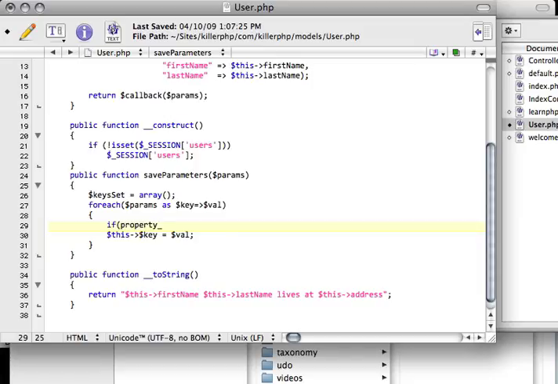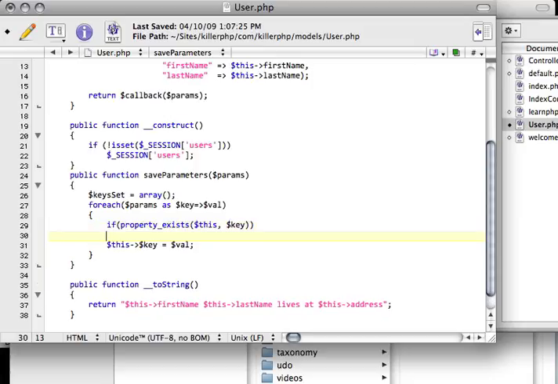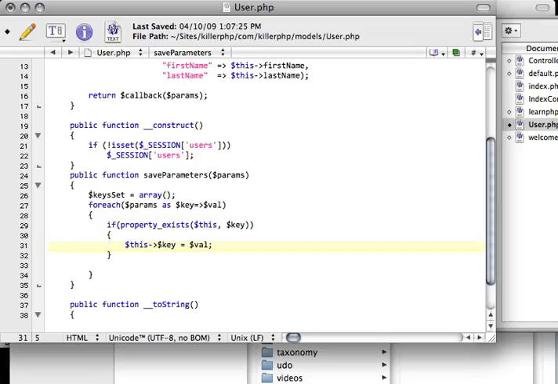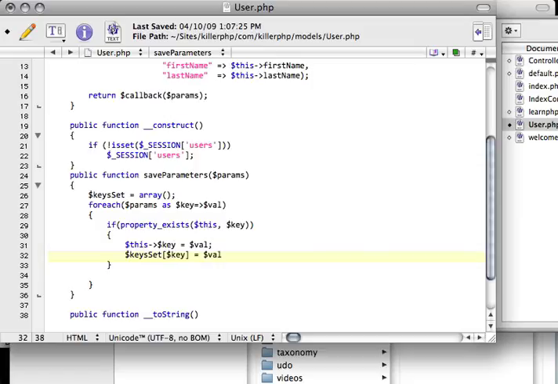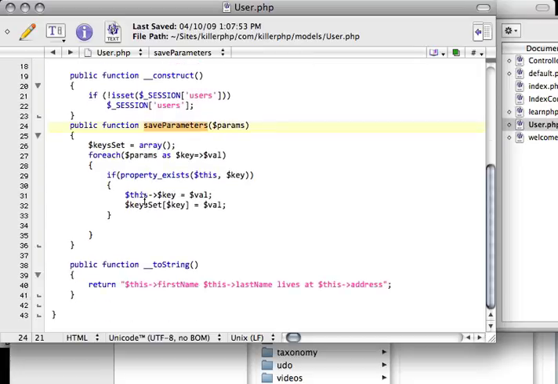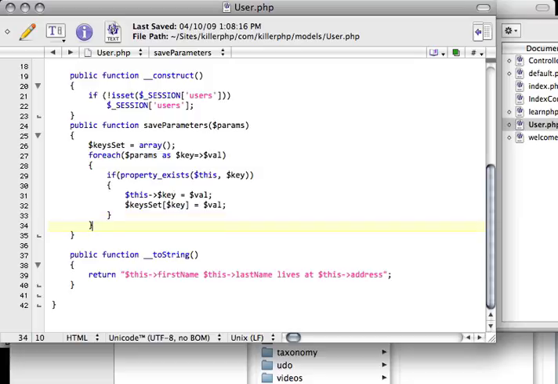So I'll say if property exists this key, we're checking to see if the property of a particular key exists. Then we'll assign it, and we'll also store it in the keys set variable as a key and a value. The reason being that I want to make sure that all of the users that I'm setting can have their session set or their session changed. When I save parameters, I'm assuming that this is going to be an insert statement. However, we could also do this with update or delete or what have you. And if you're looking at something like kp10 or even the Zend framework or Symfony,